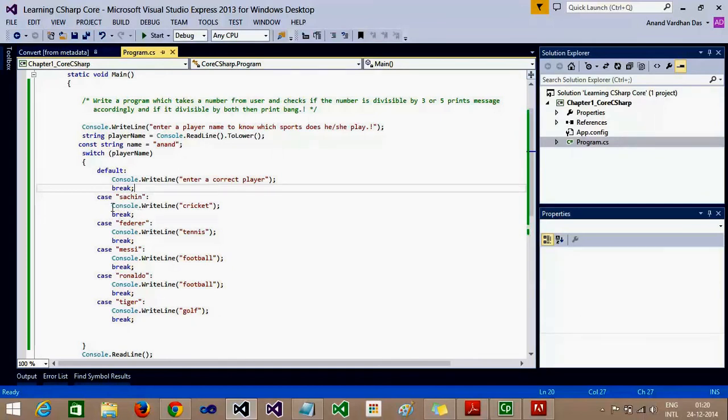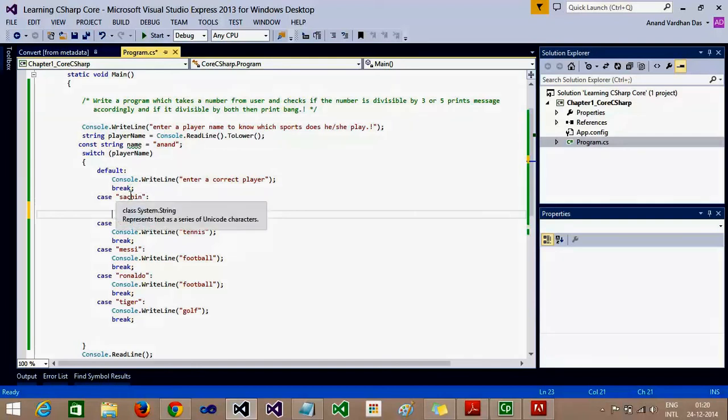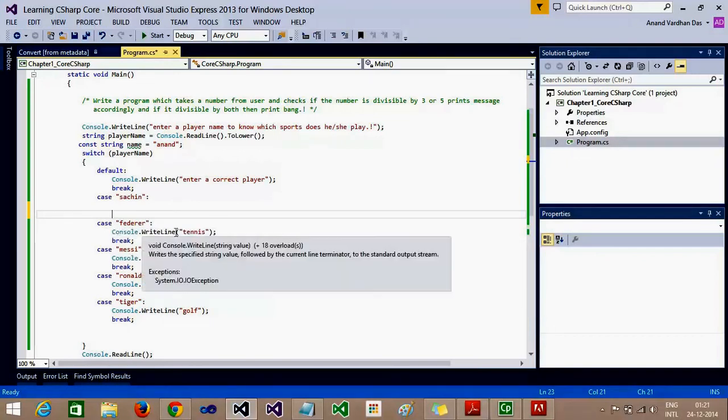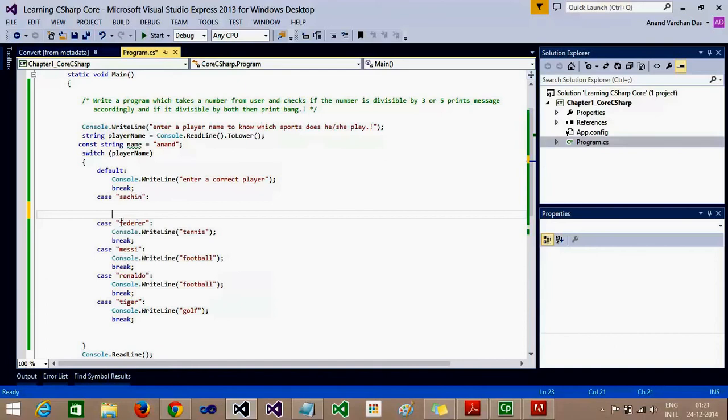Now suppose I remove this statement and I am not putting the break statement either, so it will flow. If the user enters Sachin, the control will come here, see there is no statement, and then the control will come to the next case and print out that statement.